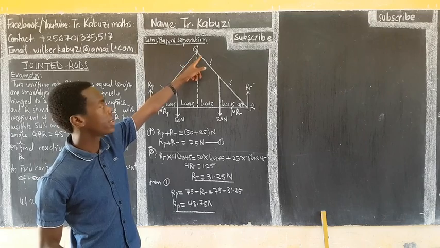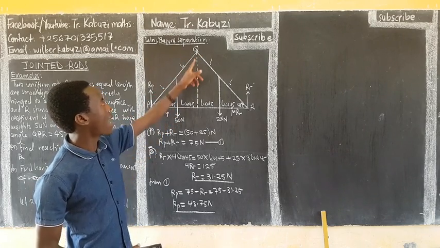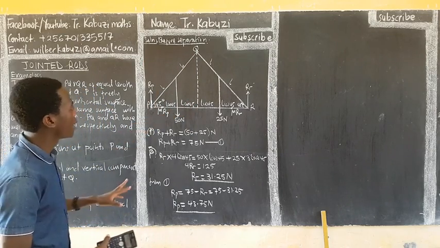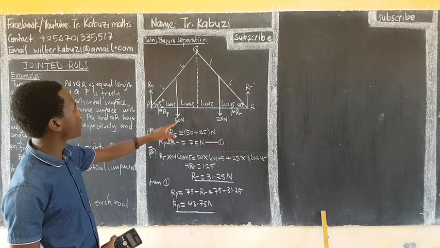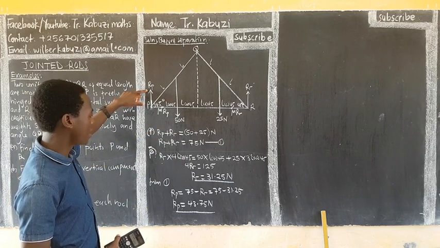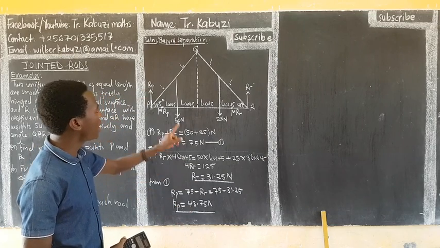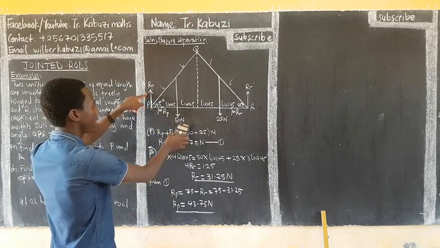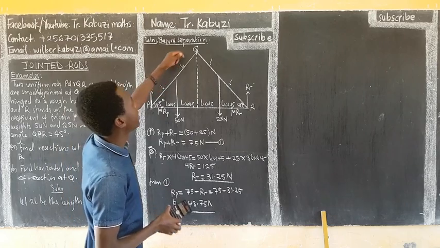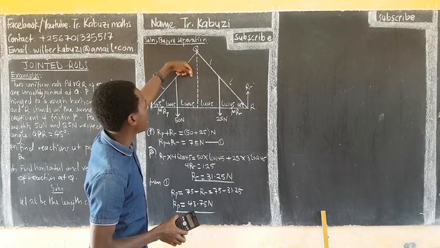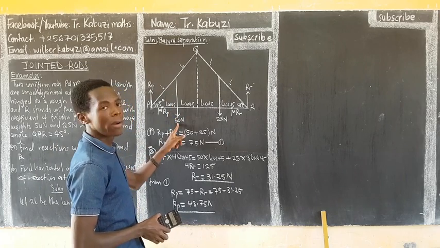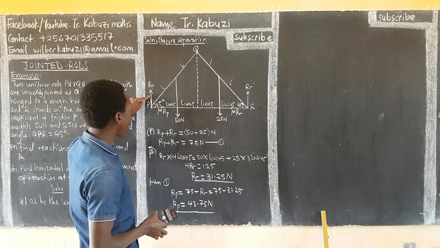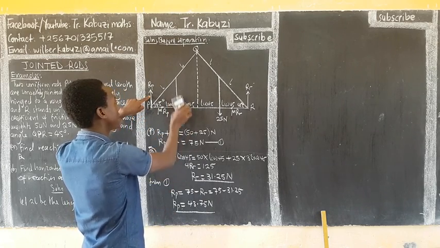this oriented point here. To get this and this reactions here, we separate the diagonal. Now, here I want you to take note. You look at this force. This is 50, yet the RP is 43. Now it means that if this is 43 and this one is 50, for them to be in equilibrium, then the component we are going to consider is the vertical component here. It can't be down, because if it's down, it can't balance with this. So meaning, if RP is less than the weight which is acting downwards,